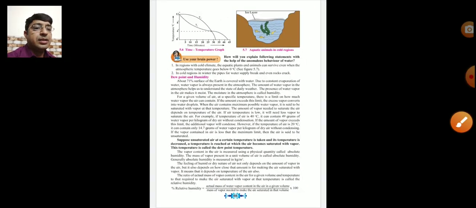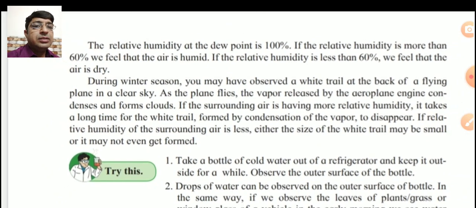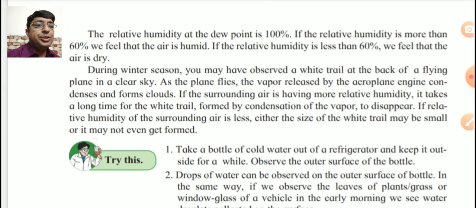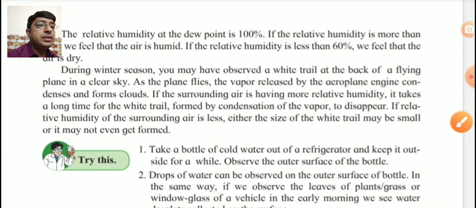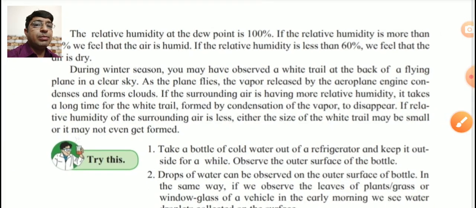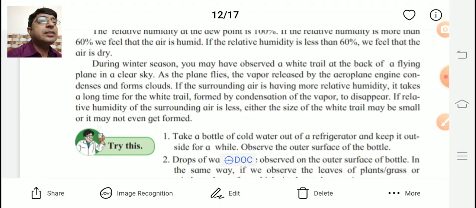Remember. Next, page number 67. The relative humidity at a dew point is 100%. Underline. The relative humidity at a dew point is 100%. If the relative humidity is more than 60%, underline,